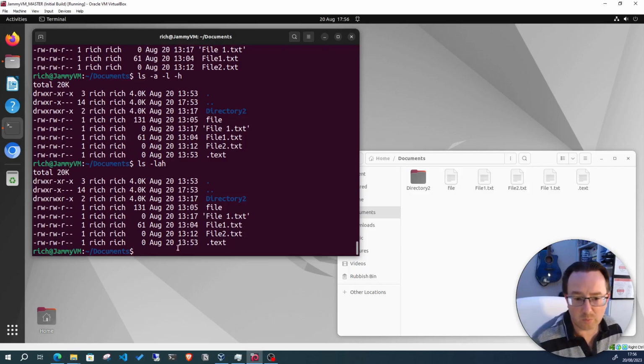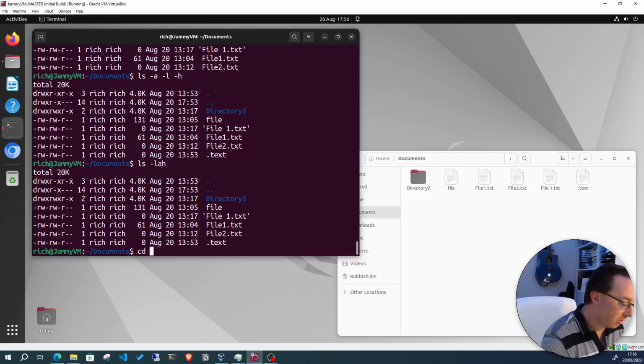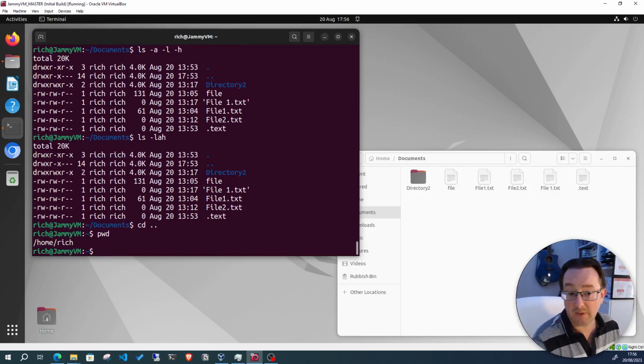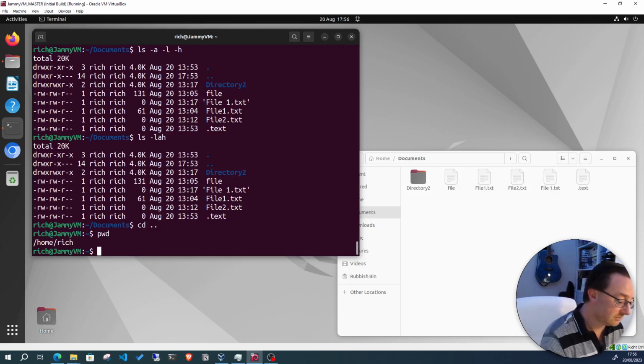But we're currently in the documents directory. I want to go back now into my home rich directory. Two ways we could do it. We could give it the whole file path, or we could do change directory and the full file path and it'll just go directly to that. Or because it knows where we were, I can tell it two dots, go back one, and I'm back in here. Now if I want to go back a couple of folders or many folders, let's go